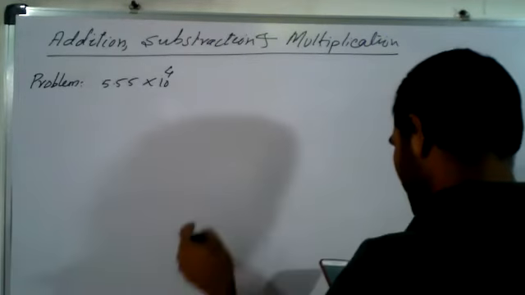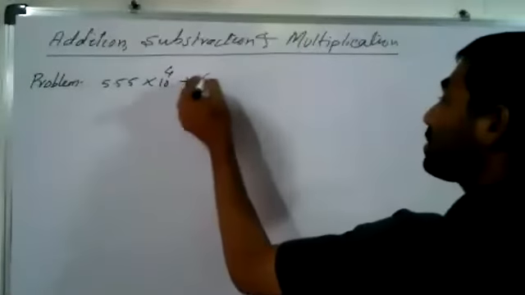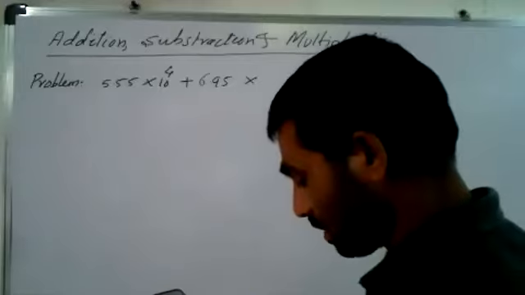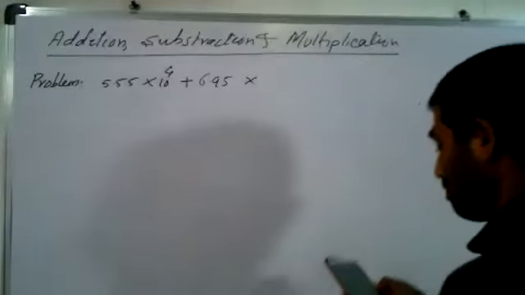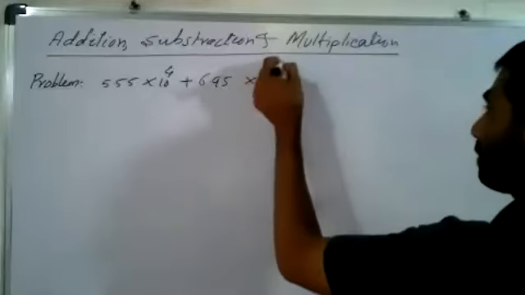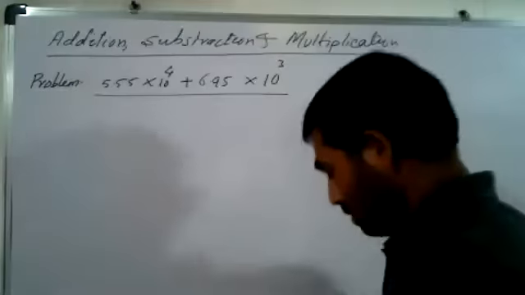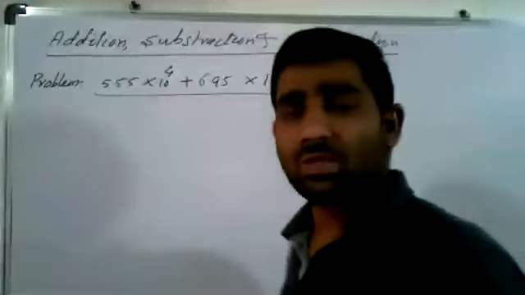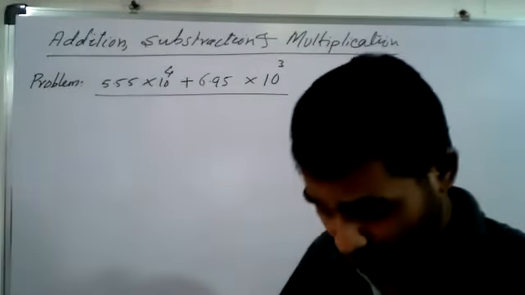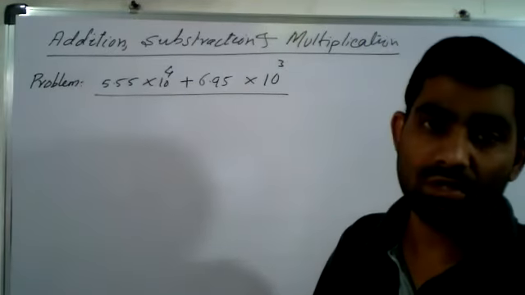What do we have to do with this? Plus 6.95. I have taken this from your book, page number 14. And 10 to the power 3. So you have to add this. You will get many such problems. Many values are there. See, one example is given here. So how can we do this?